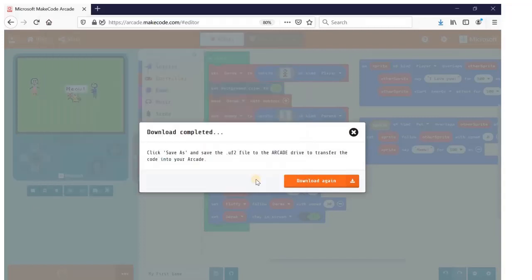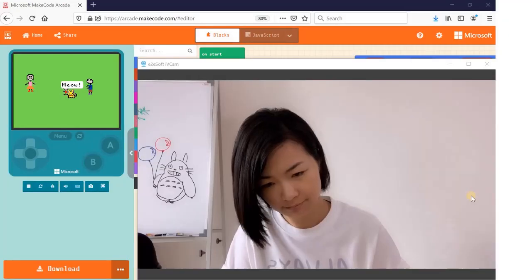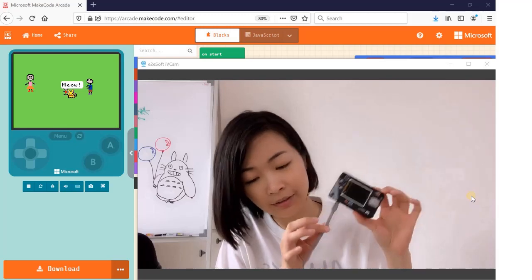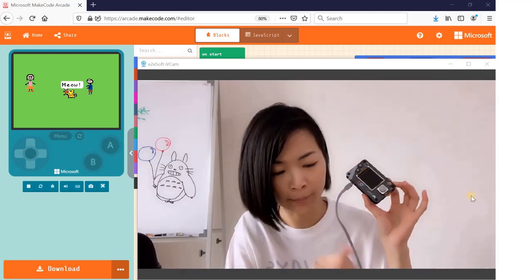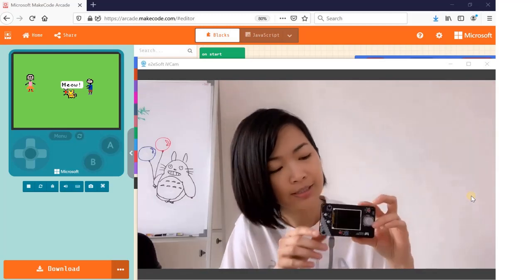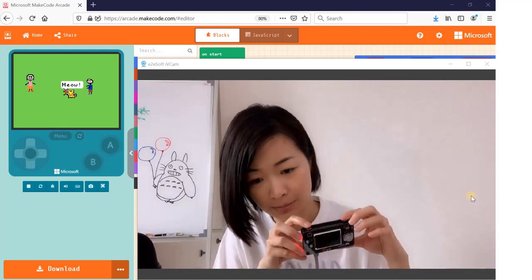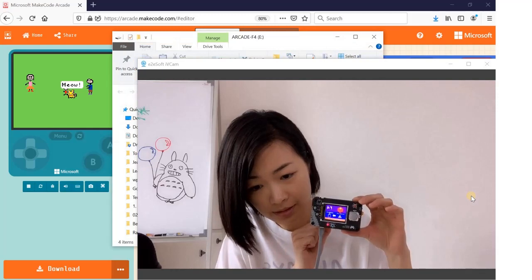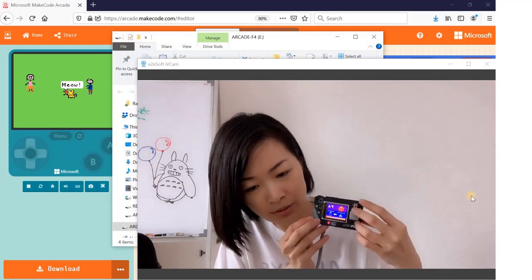Alright, so now let's take a look at my console. Right here, I have my arcade console, and I connect it with the micro USB cable to my computer. So let's turn on the console. There's a power button here. Let's slide it. Okay, so the moment I turn it on, you can see that the screen is showing the